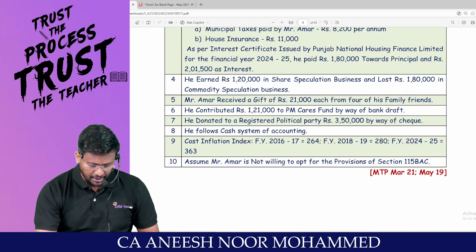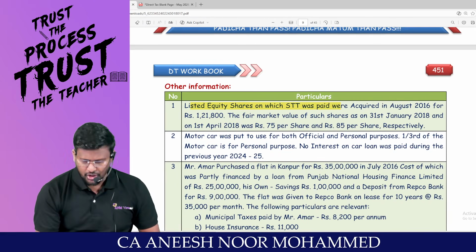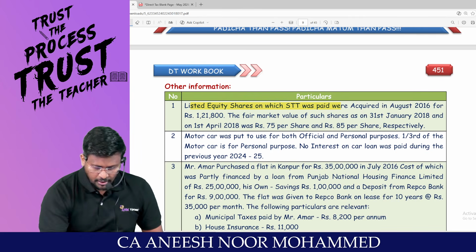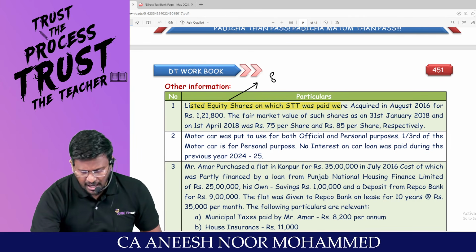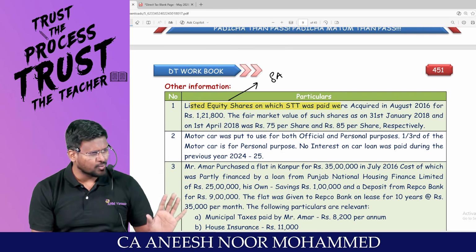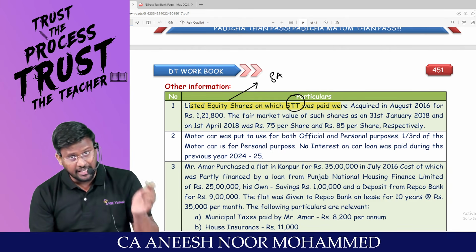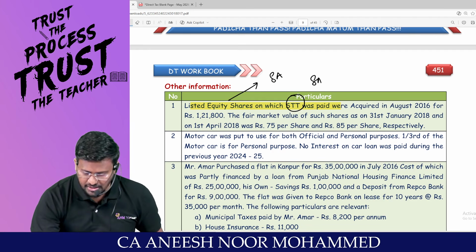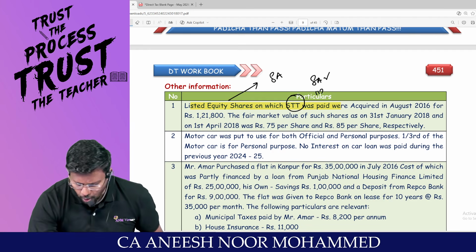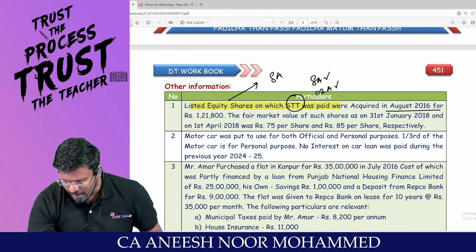Other information, very important, 10 pieces of information have been given. Listed equity share on which STT was paid. Sir, listed equity shares are super asset. Simply listed equity shares are not super asset. Listed equity shares on which what should be paid? STT should be paid. Then only it will be treated as a super asset. Sir, once an asset has become super asset, provisions of 112A will be applicable. Am I right? Were acquired in April